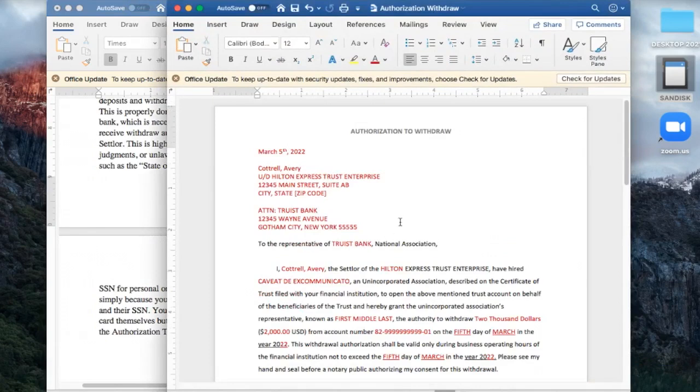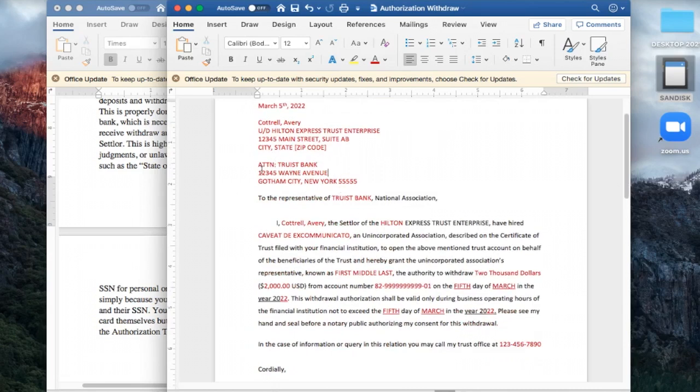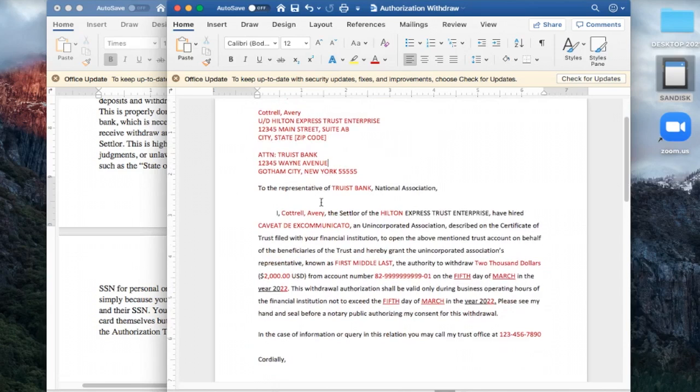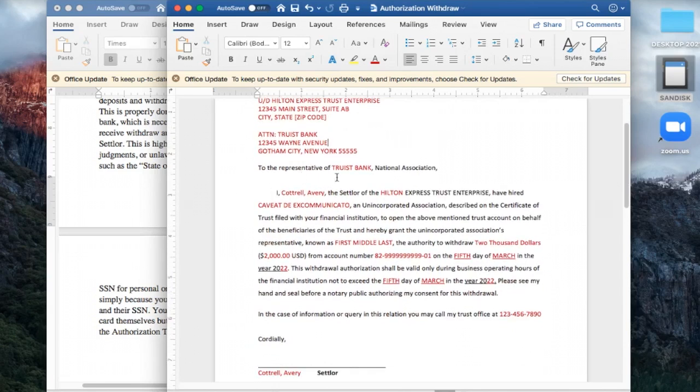All right, here we go. Authorization to withdraw. We have the date. We have the settlor under declaration, the Hilton Express Trust Enterprise. All right, this is the address, and this is attention to whichever bank you're going to have your representative go to. It says, to the representative of Truist Bank,